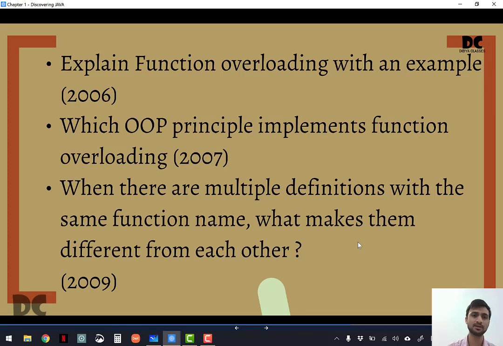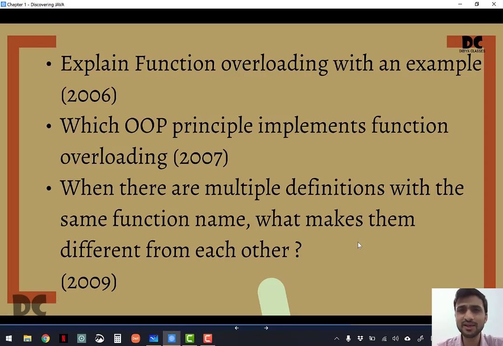It has come over the years in 2006, 2007, 2009, and many more times in the class 10 board exam. In 2006, the question was: explain function overloading with an example, where you have to write the definition of function overloading.